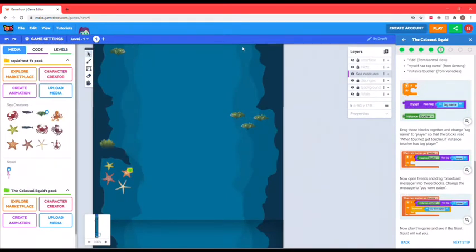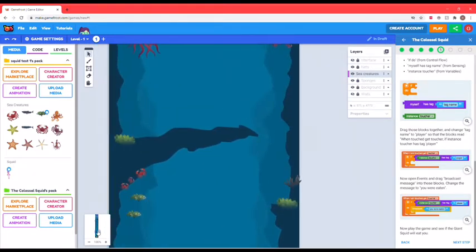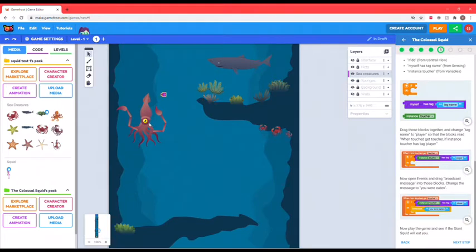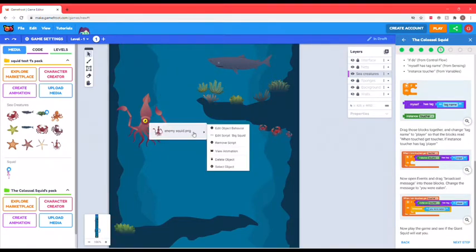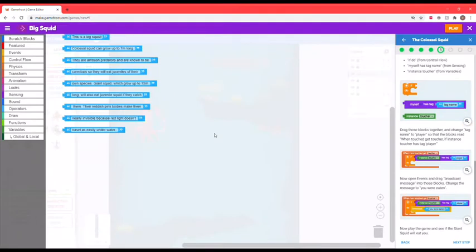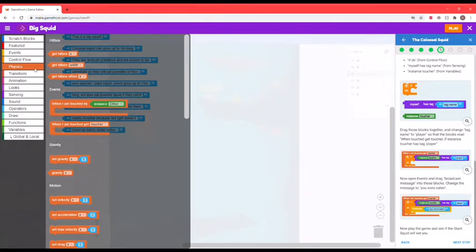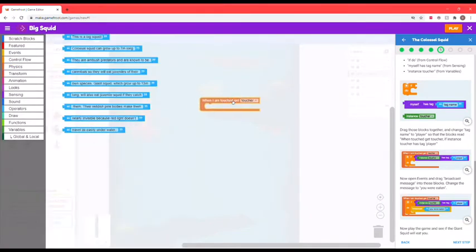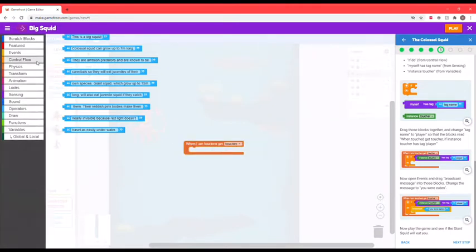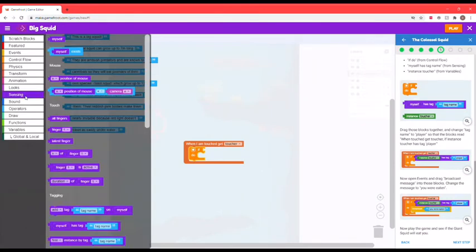In step 5, we're going to add danger to the game. So if we keep scrolling through our game screen, you will find a giant squid. Right click on him, edit script, and then go to physics and find "when I am touched, get toucher." Drag it into our game screen and then control flow, if do, sensing, myself has tag name,